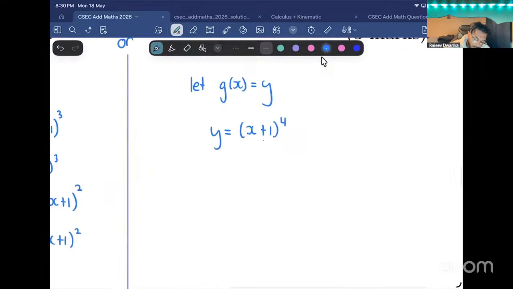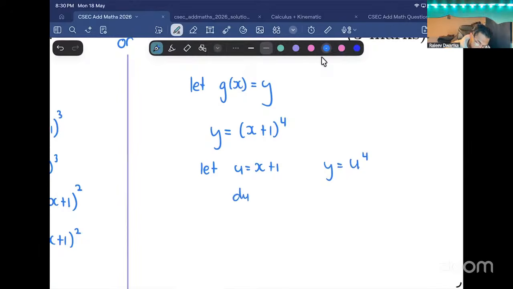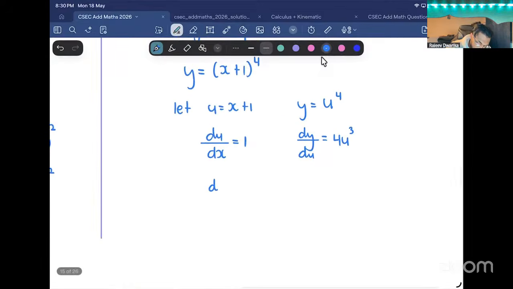So what's causing the problem here is x plus 1. If you wanted, you could say let u be equal to x plus 1, and then y would be equal to u to the power 4. Then differentiate this u with respect to x. If I do that, that'll just be 1. If I differentiate y with respect to u, that'll be 4u to the power 3, I take away 1 from the power. To get back dy dx, that would be,